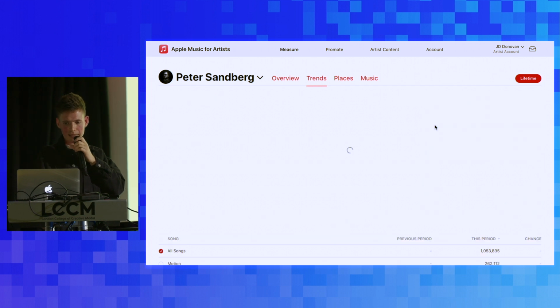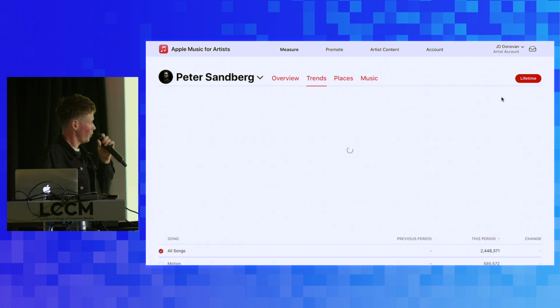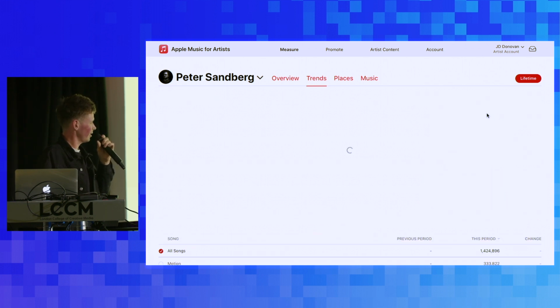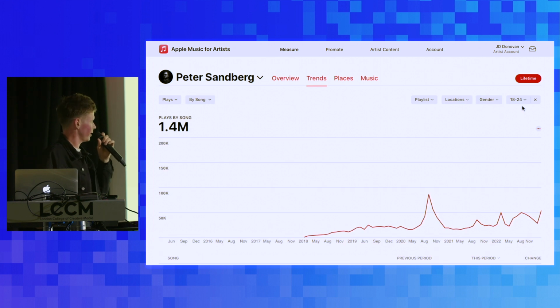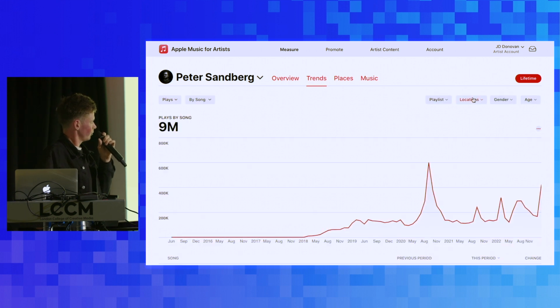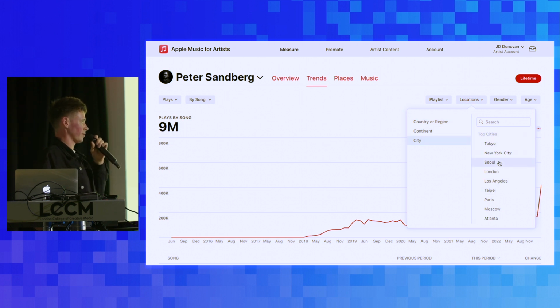We know that it's predominantly a younger audience. If we now go by location, so if I go city, here we go. It's already arranged our top cities for us.